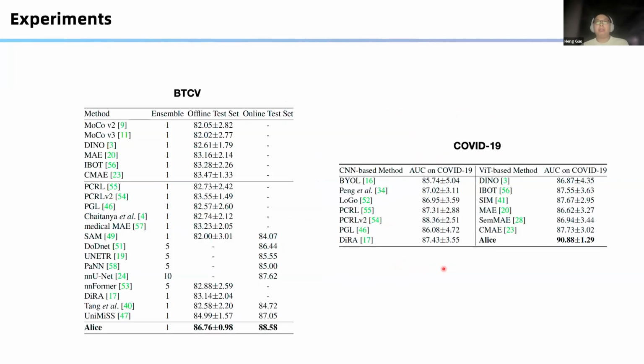We also compare ALICE with other SOTA SSL methods on the BTCV offline and online test sets. As shown in this table, ALICE, without using any ensemble strategy, still achieves competitive performance with the best DICE on both offline and online test sets. In the COVID-19 classification setting compared against strong ViT-based methods, ALICE significantly outperforms them by at least an absolute 3.15% in AUC. It proves the effectiveness of modeling anatomic invariance and performing semantic alignment to assist the self-supervised